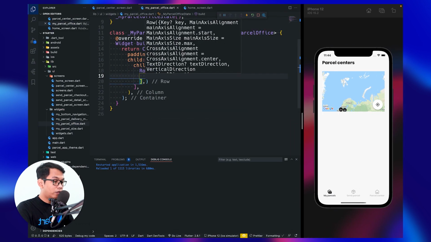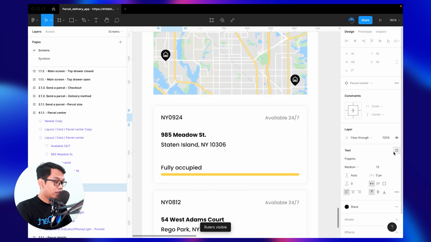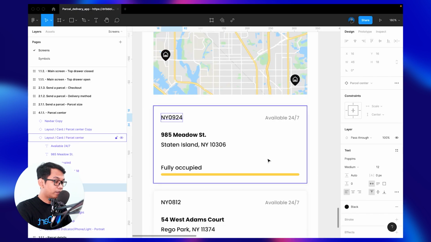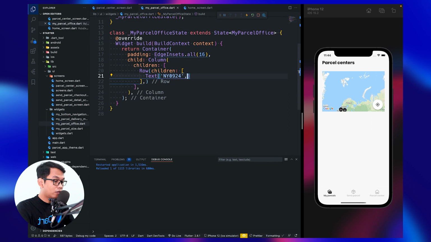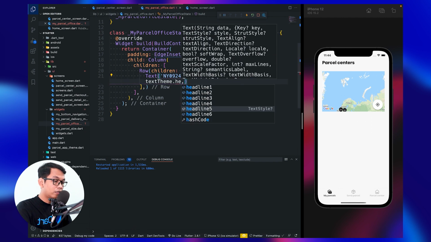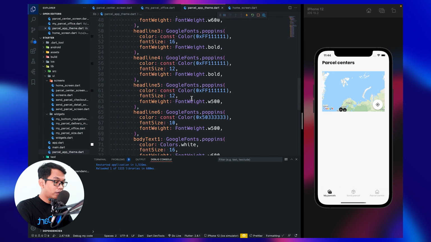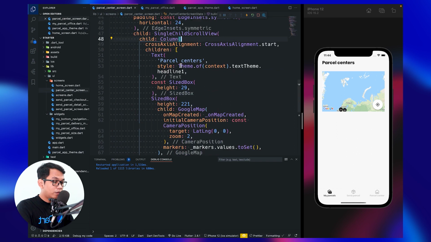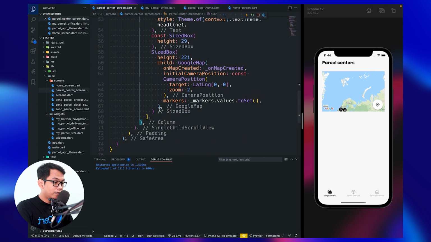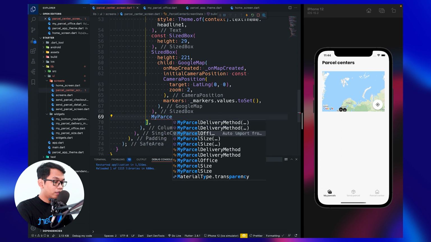So inside this row we have a text widget. So the size is 12 medium. Copy this. We call style, text theme, I think headline 5. We can see the theme 12 medium, headline 5. So try to implement here my parcel office.